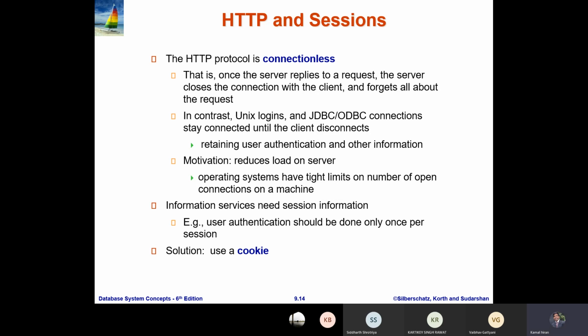In contrast, in Unix login, we use the JDBC and ODBC connection. So here we have to understand what is the JDBC and ODBC. This is basically used for the database connection in any application development. JDBC is called Java Database Connectivity. ODBC, Object Database Connectivity. We use it when we do some, let's say, kind of networking programming or networking services